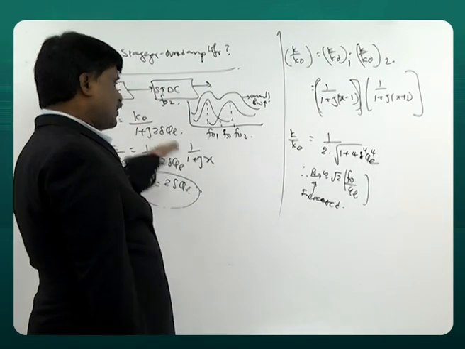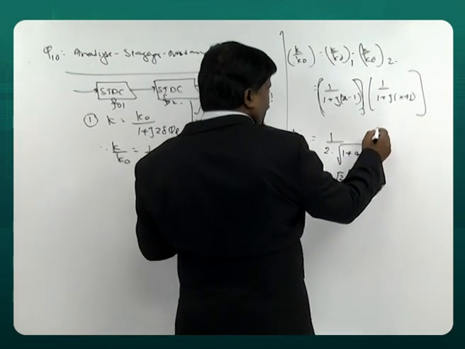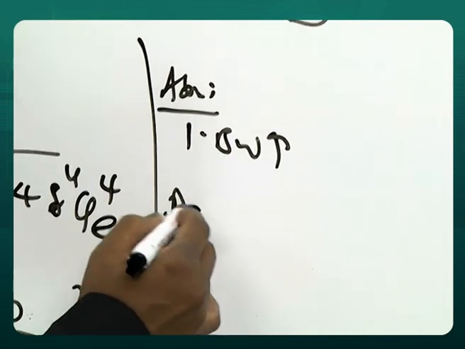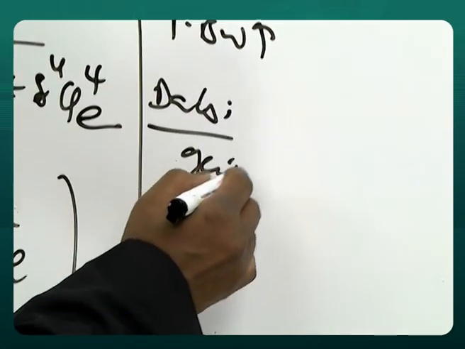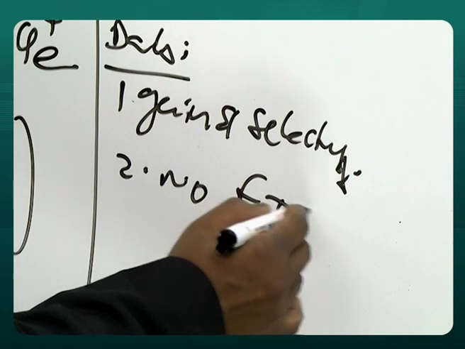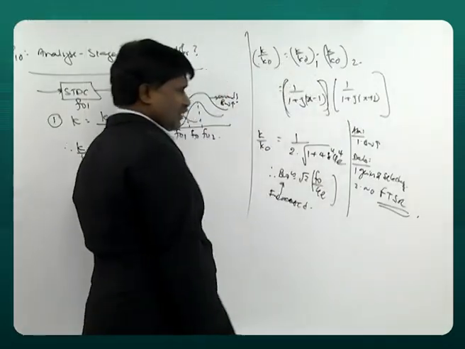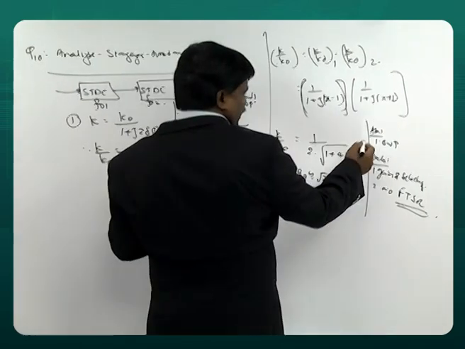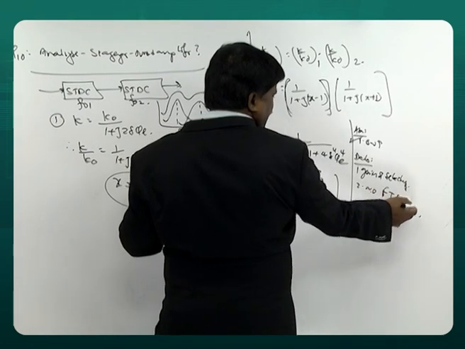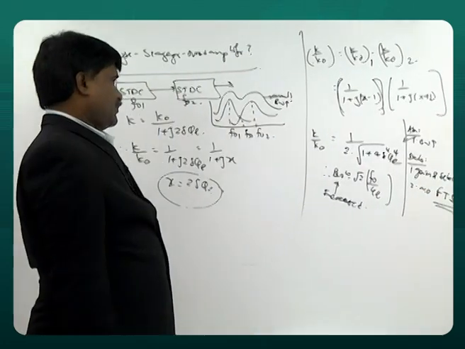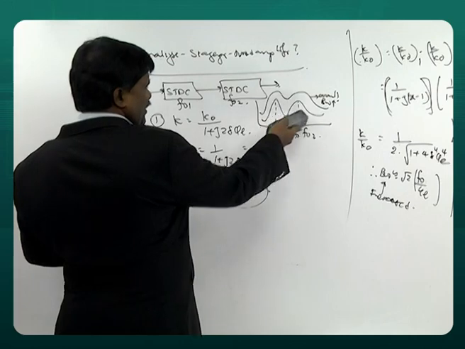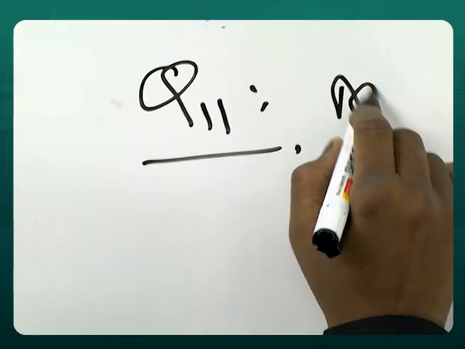When bandwidth is increased, that's what we wanted. Then what are the advantages? Bandwidth is increased. Drawbacks? Gain and selectivity has a problem. No flat top skirt response. Out of 3, only 1 is satisfied. Bandwidth is more, gain and selectivity get affected, and no flat top skirt response. That's why this is called stagger. What's the meaning of stagger? Added. Question number 11. Analyze